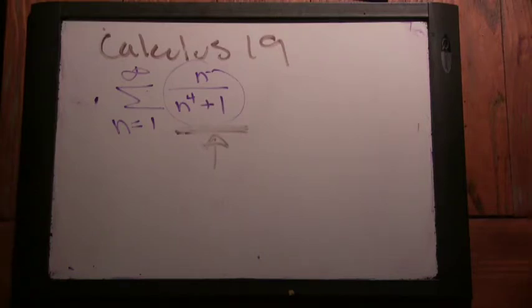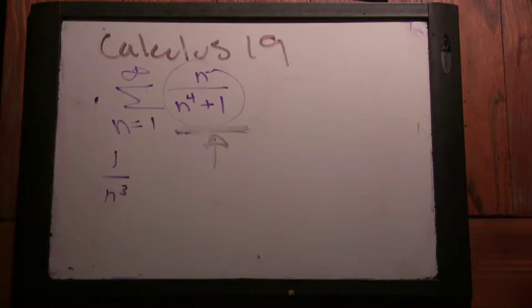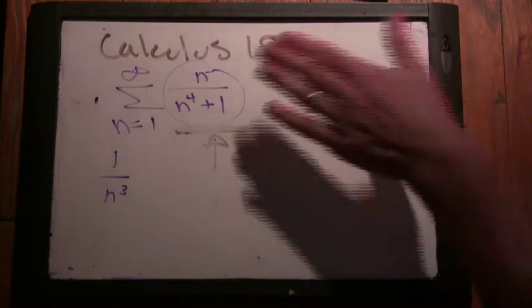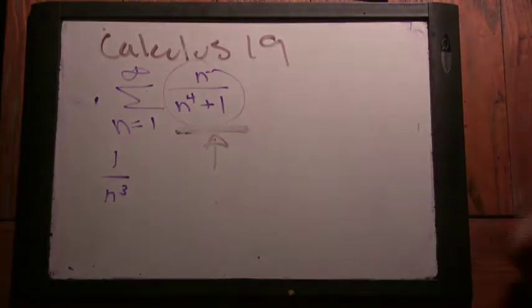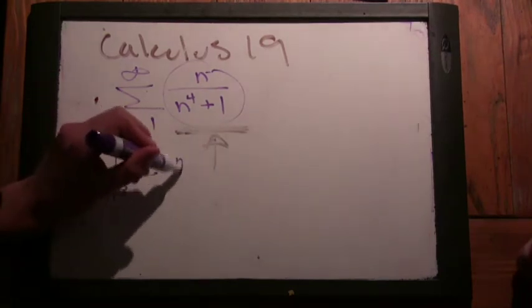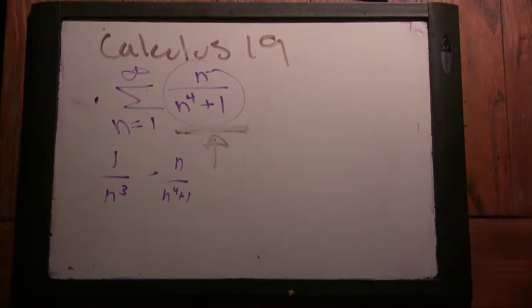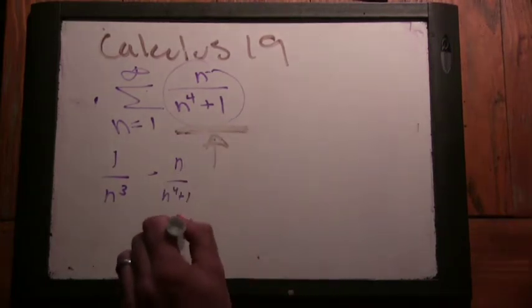Okay, and now we have not talked about the comparison test at all, so I'm asking you a question that's something we haven't talked about at all. But what series do you think would be worth comparing this to? So maybe 1 over n cubed could be useful. Yeah, because it looks like that's what it's going to look like at infinity. So let's take a look at 1 over n cubed minus n over n to the 4th plus 1. And what we're hoping is that this, if this converges, which is what our intuition says,